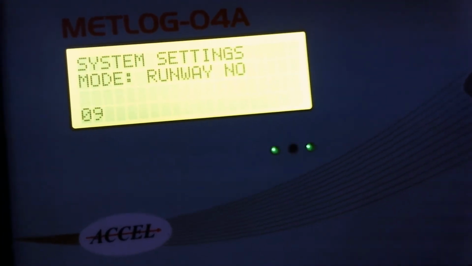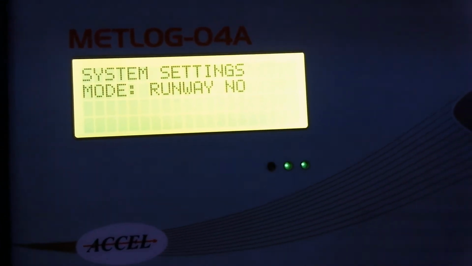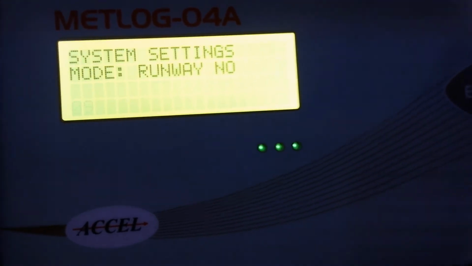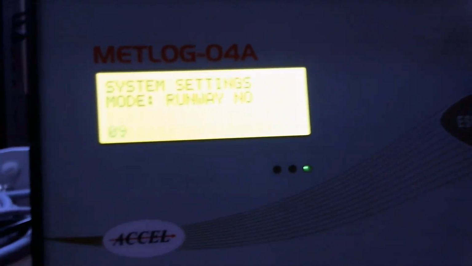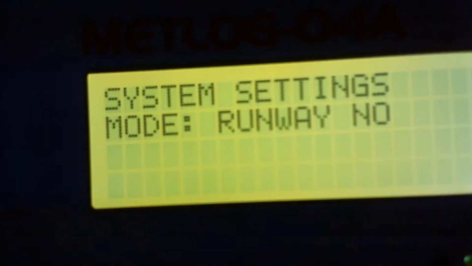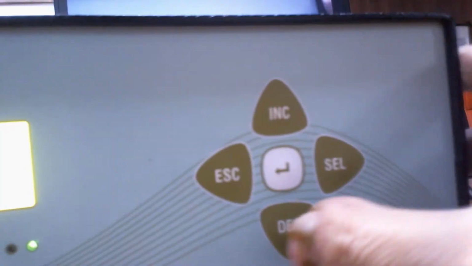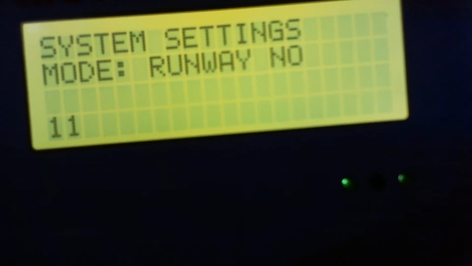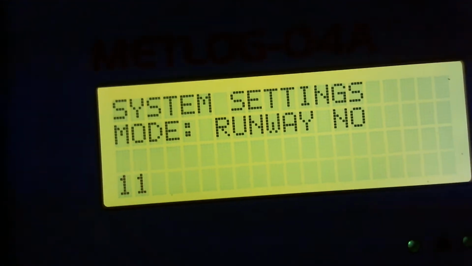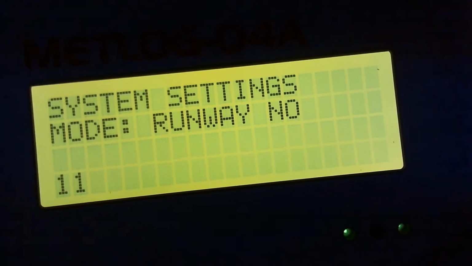That is why it was coming there as 192.168.103.09. But if I want to change it as per your runway, whatever runway number you are using, at which runway your DCWIS is installed, that runway number you can give here. Suppose it is installed at runway number 11. So make it 11 with the help of increment and decrement buttons. Then press enter. After pressing enter, this runway number change will be reflected in the IP settings mode, which I will show you. Then press escape.